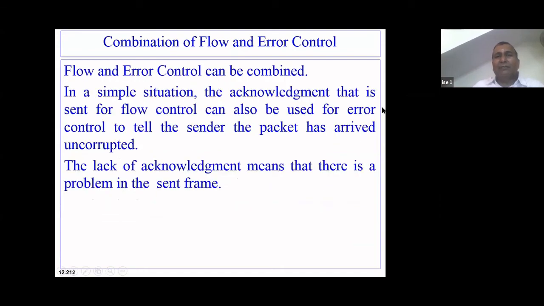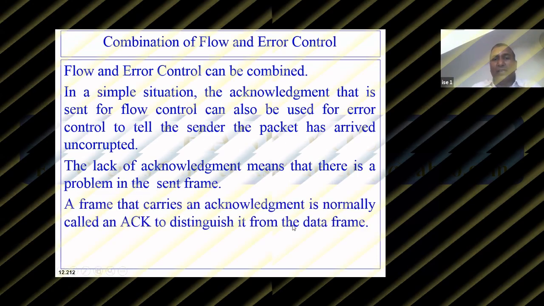Some of the systems will incorporate flow and error control both together. It depends on the acknowledgement sent by the receiver that flow control has to be exercised. And if an error has occurred in the frame, the sender should send another copy of the same frame which was previously sent, because the previously sent frame was found to have an error. So both of them can be implemented together. Now we will see